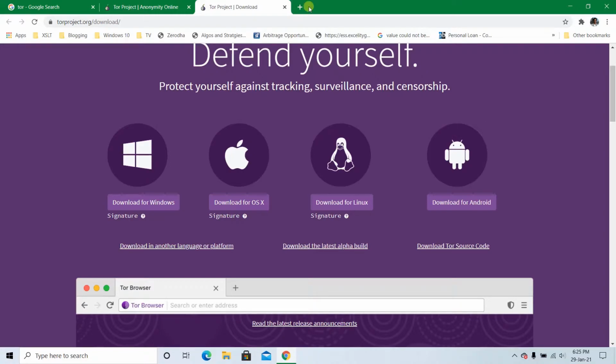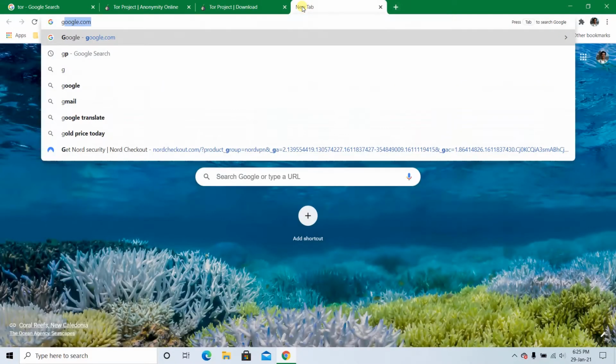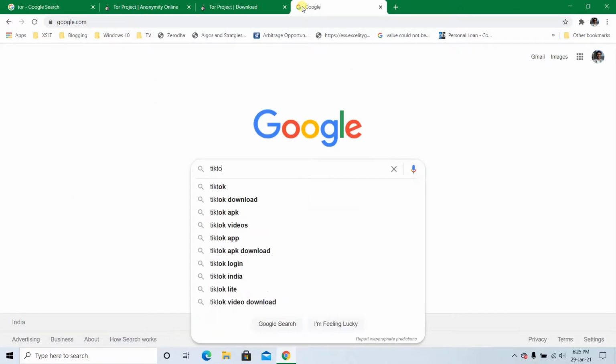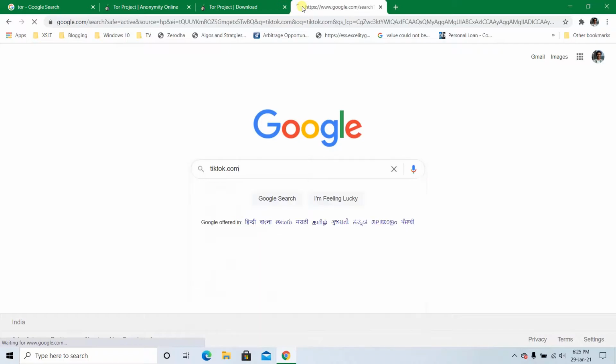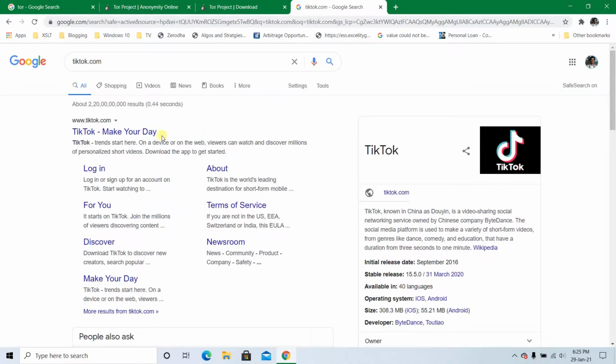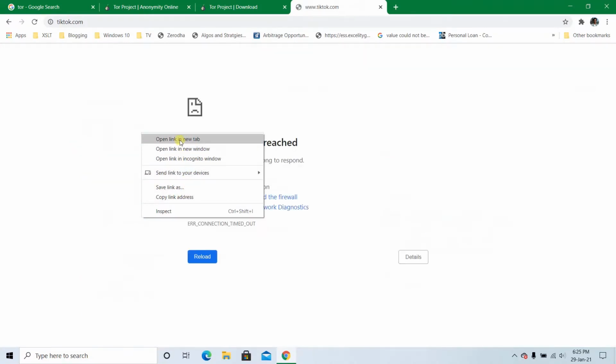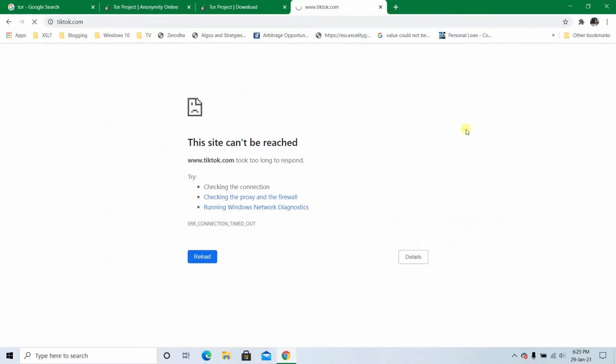So just to give you an overview of how this will unblock the websites for you. So let's say I go to Google and I look for tiktok.com. So this is just an example that is blocked for me, and I'm going to show you how it will be unblocked using Tor. So let's say I try to load this website or any other website that might be blocked for you. You will see that it won't be able to load it, and then we will use Tor just to see if it can load that. So if I just open that again, you can see that it's not being loaded currently.